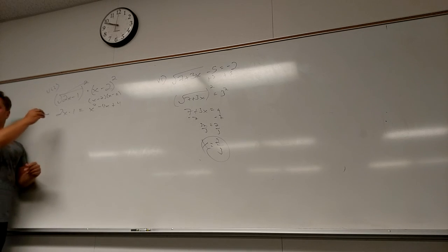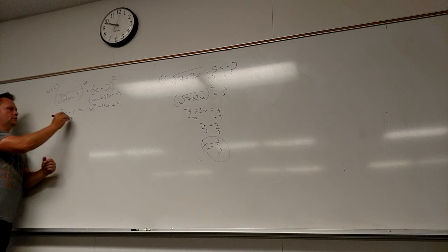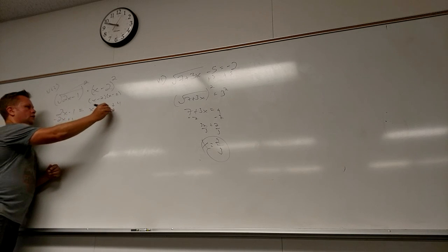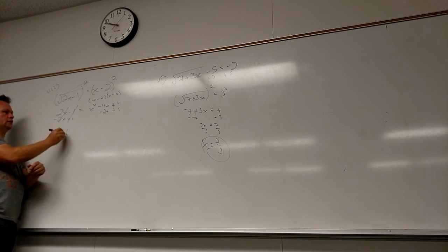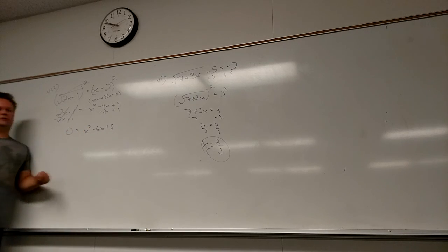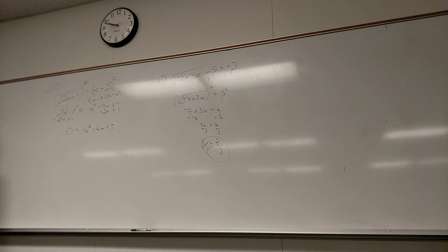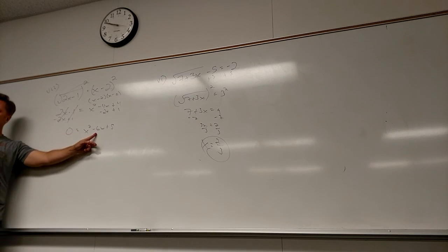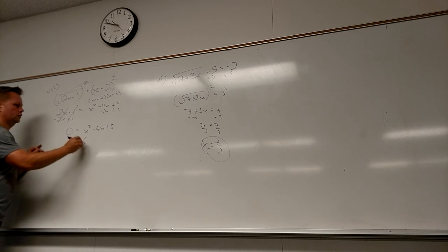So minus 2x plus 1, minus 2x plus 1. So both of those cancel. I get 0 equals x squared minus 6x plus 5. And then, of course, what do I do with this? Factor. So 0 equals